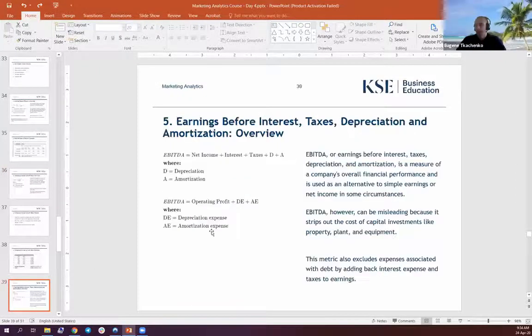Then earnings before interest, taxes, depreciation, and amortization overview, EBITDA. So basically what we are saying here is that we are interested in seeing the value of our revenues, or basically the value of all our products before calculating taxes, depreciation, amortization. Why do we use that? First of all, we want to understand what is the percentage ratio of all these components on your earnings overall, or net income.